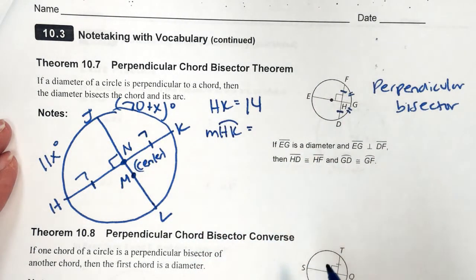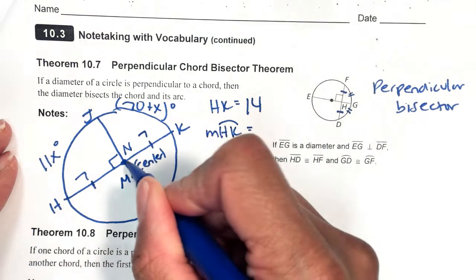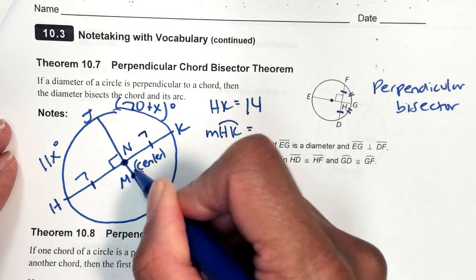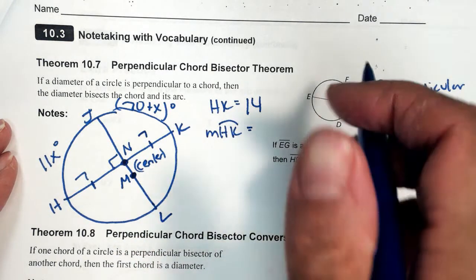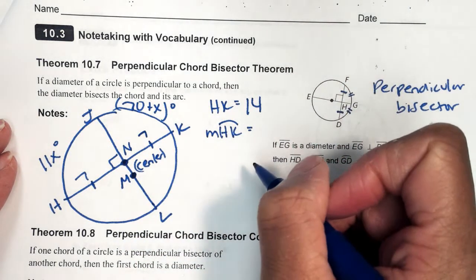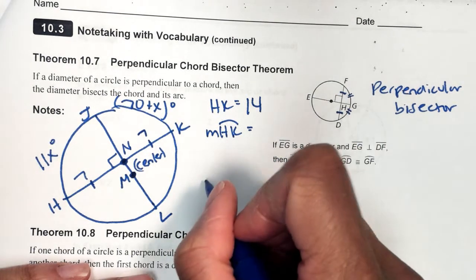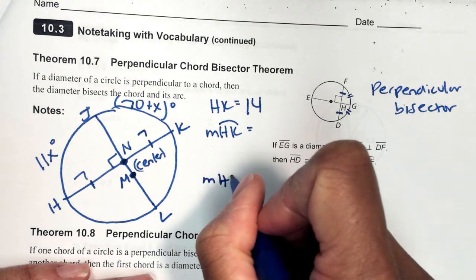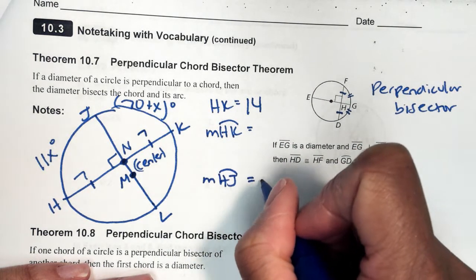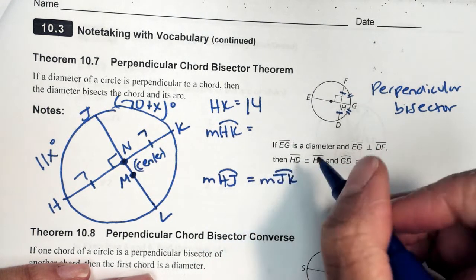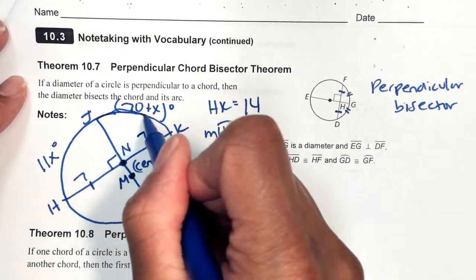So note, the arc length of HK, this is not necessarily your center. M is your center, so I drew it a little off, and that's okay. But we're trying to find the arc length. So if we want to do that, we know the measure of arc HJ is going to be congruent to the measure of JK. So we're saying that these two are congruent to each other